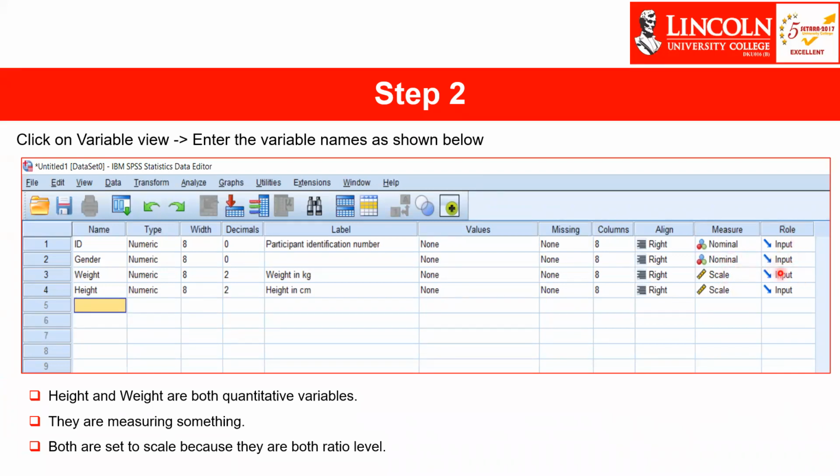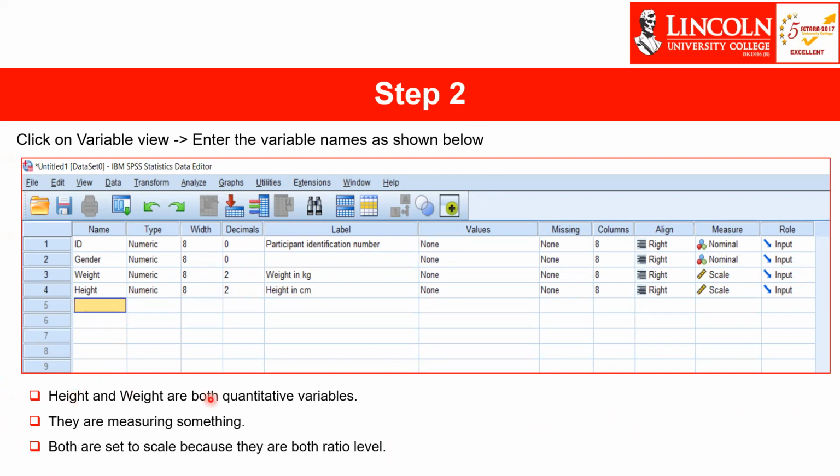Then for role, you have other options here that you can also select from. We have input, we have target, and many others, which we discussed last time. Please check your slide in order to know which one to choose. So in this case, we have about 4 variables with their corresponding attributes. Once this is done, the next thing to do,